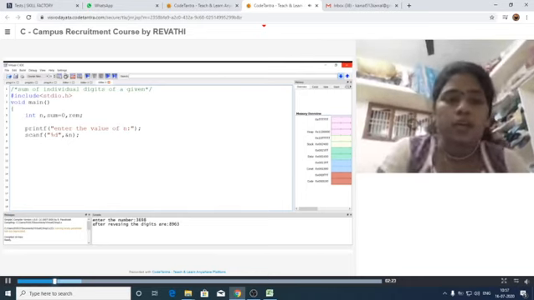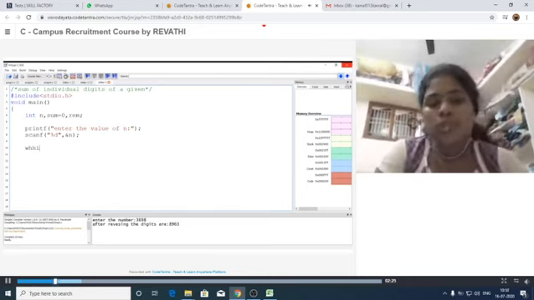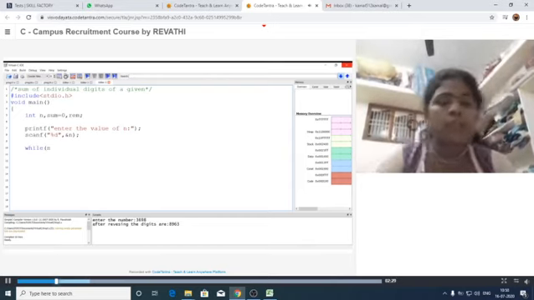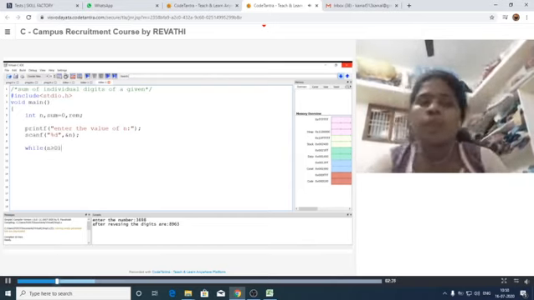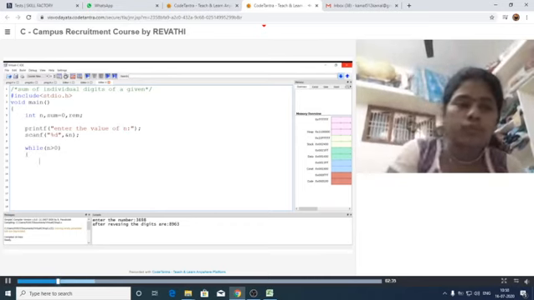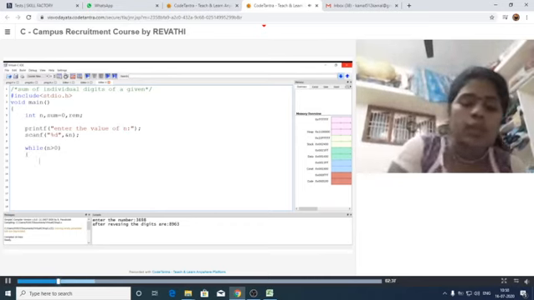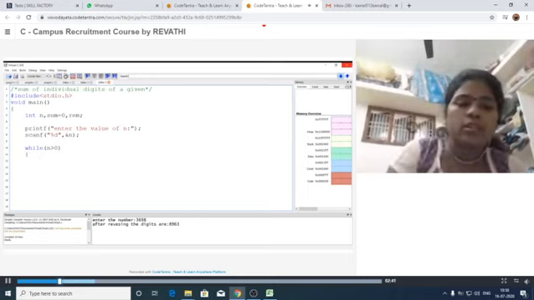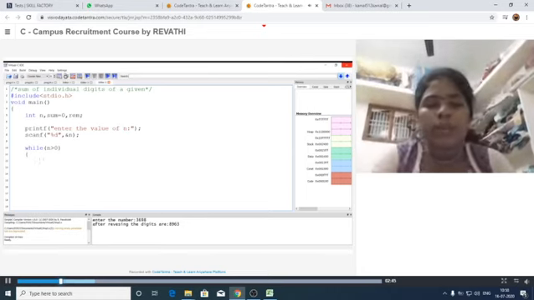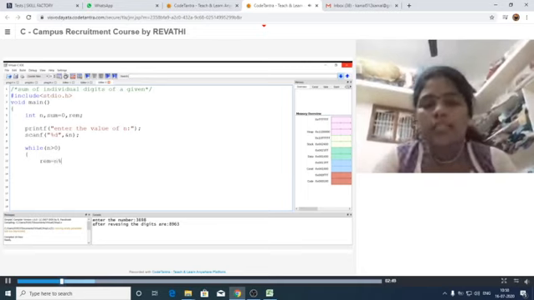After that, we have to check whether the given number is greater than 0 or not. Whenever the number is greater than 0, then only we can work on it. So while n greater than 0, whenever this condition is true, it has to execute the 3 statements. That means it has to calculate the remainder value, add the remainder to the sum value, and then divide the number.